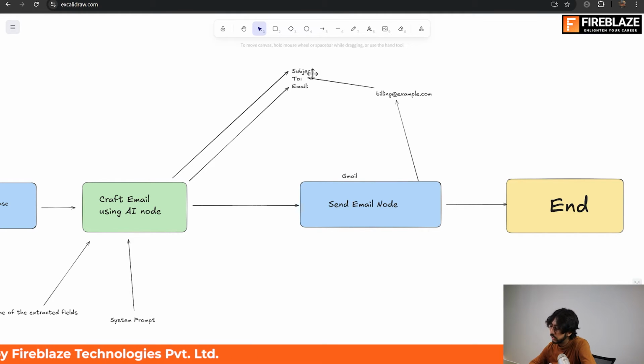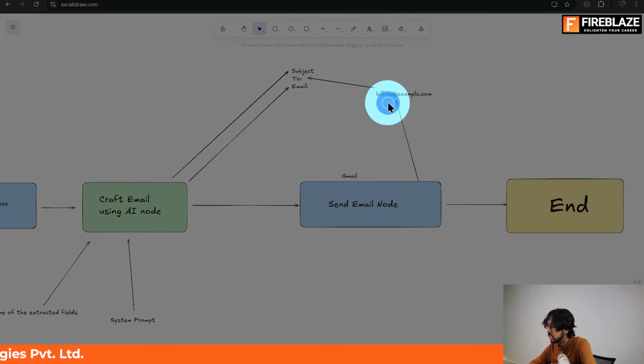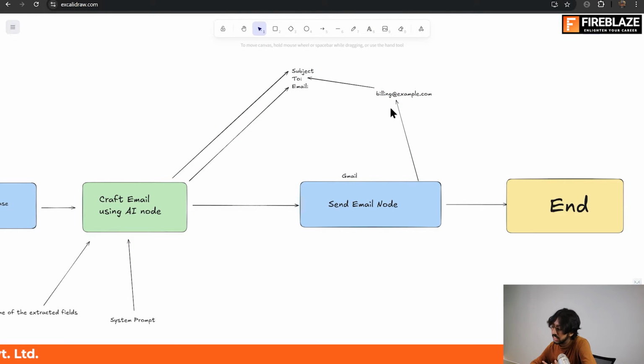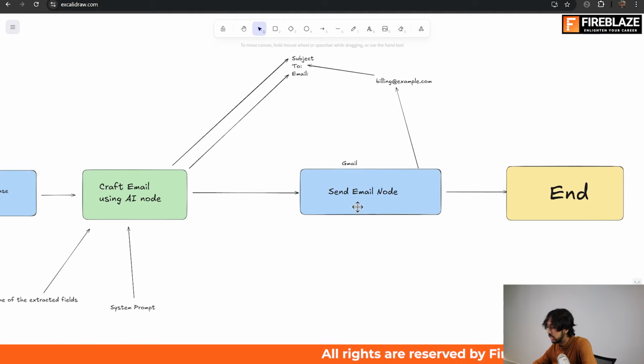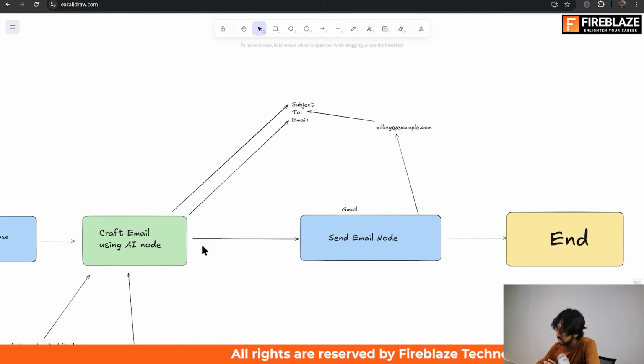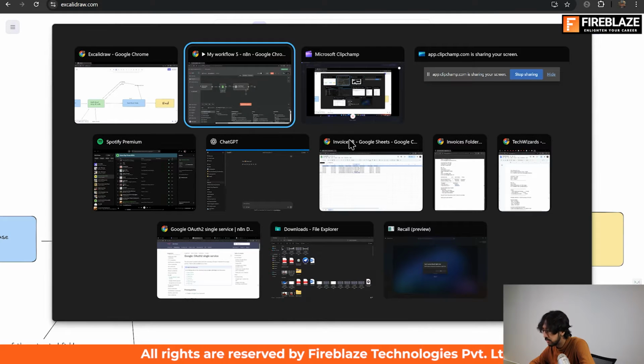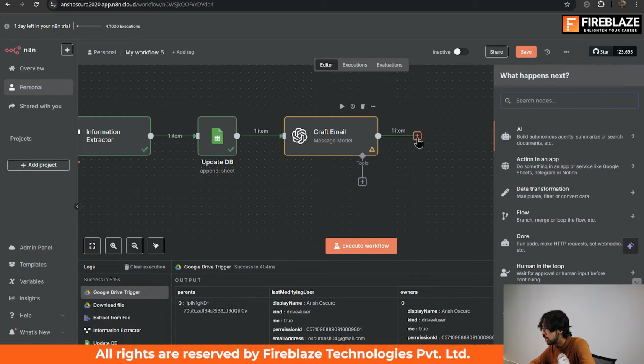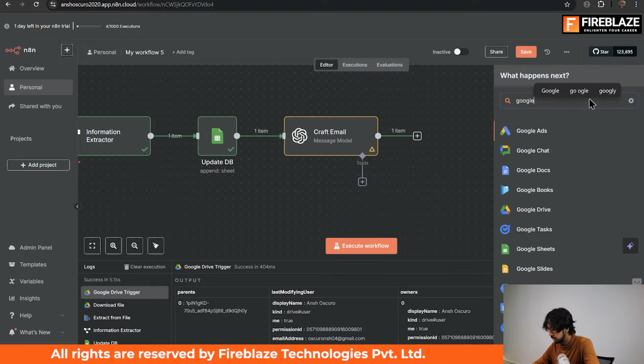So what we're doing is generating the subject and email from the AI node itself, but the two field will be static, like in the form of billing@example.com, and it's not going to change every single time because we need to send it to the billing team only and not any other. So this stays the same. This is going to be added in this node itself, but the rest of the two details are going to come from the AI node, that is subject and email. Okay, now that we're clear with the conceptual part, let's go on to our n8n workflow and add a